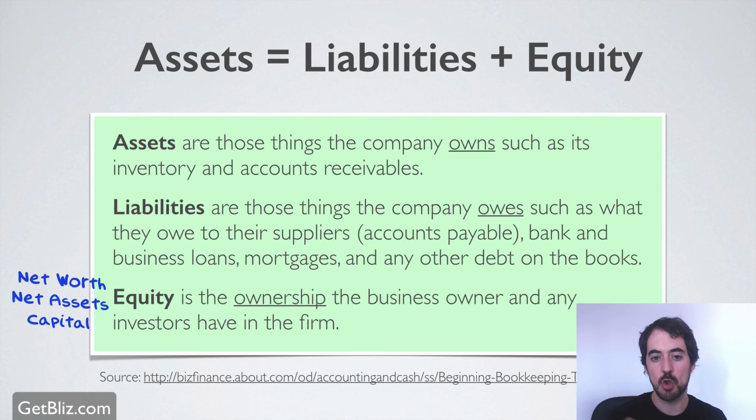So now let's see an actual balance sheet, at least a prototype of a balance sheet, to have an idea of how these 3 terms interact with each other, and then I actually show you an actual balance sheet and read it. Learn to read it, because this is going to be hopefully very useful for you in the future.